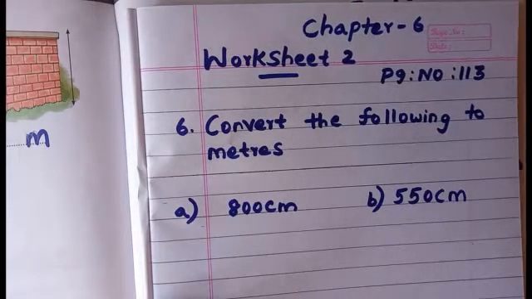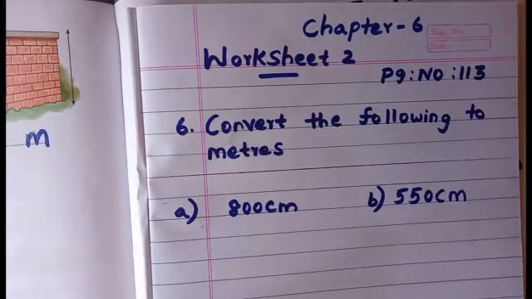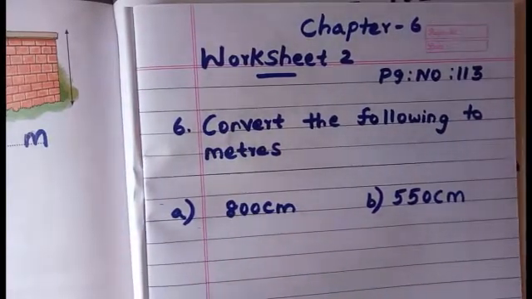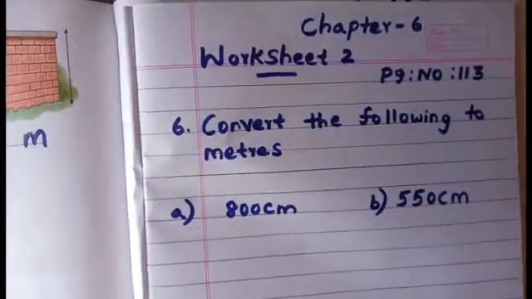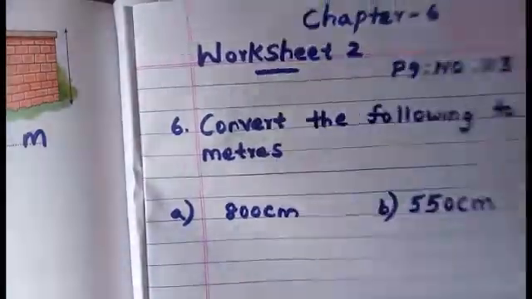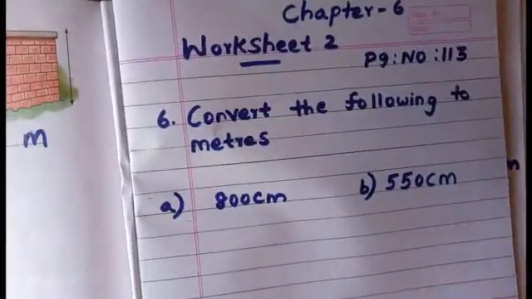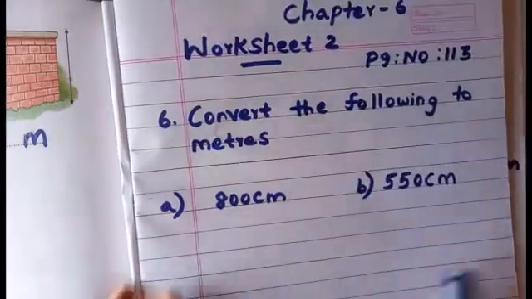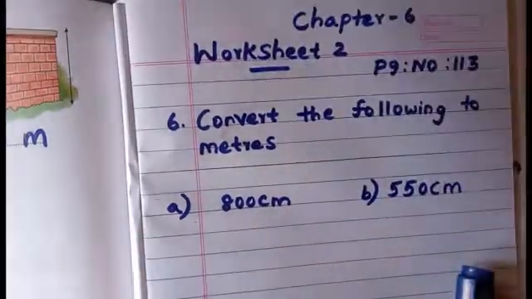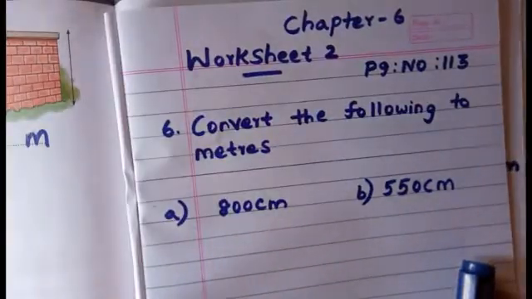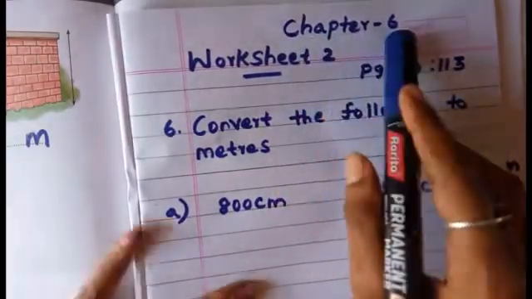Today we are going to see the worksheet sums. In the last class we completed all 8 chapters, the Semester 2 book is finished. Already I said we have to do the worksheet and more sums. The 7th and 8th chapters are very easy, so we are going to see chapter 6.